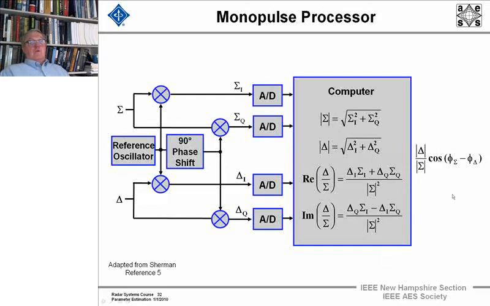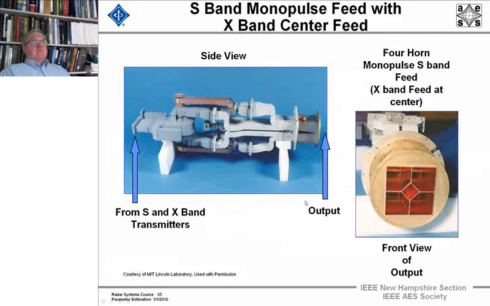Okay, so therefore we can get the error signal out in the computer for the azimuth, and there'd be an equal monopulse processor for the channel for elevation. Now, if you want to see how complicated in waveguides these guys can get, here are